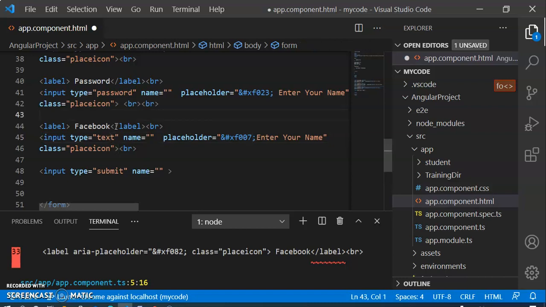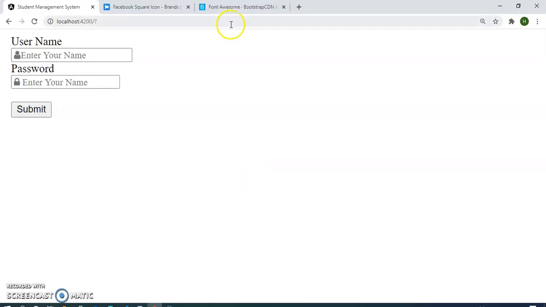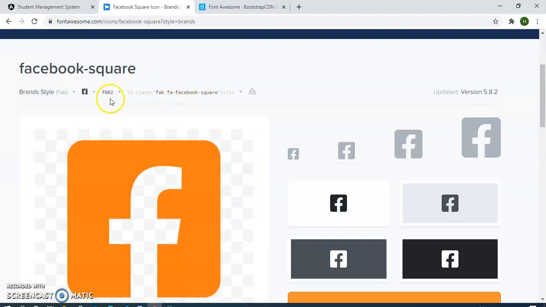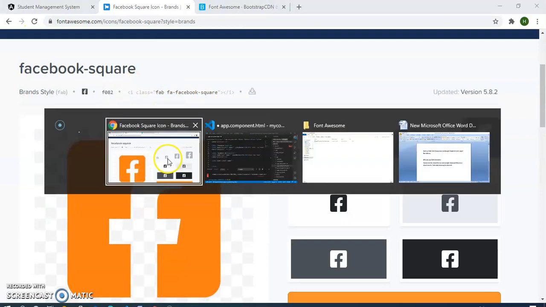Okay, Facebook ID. To get the icon, for that we have to go again here, and then as you can see here, now I am here F082.